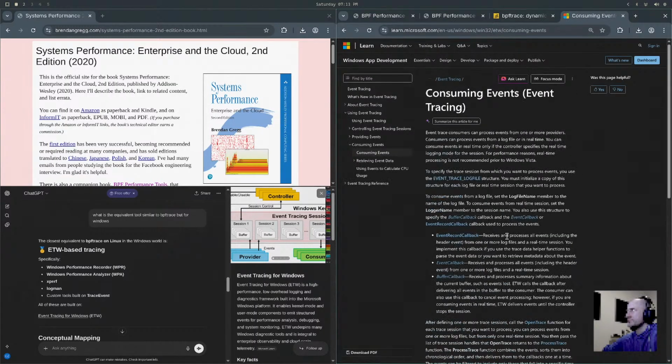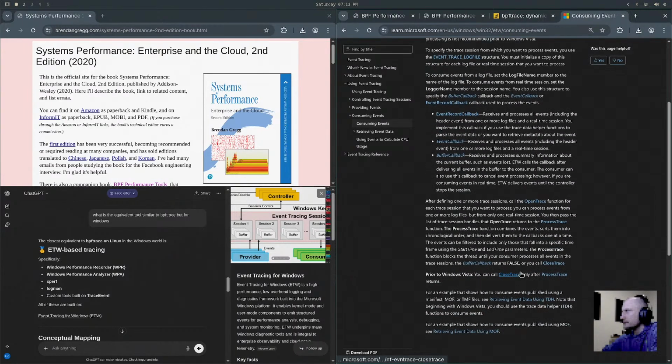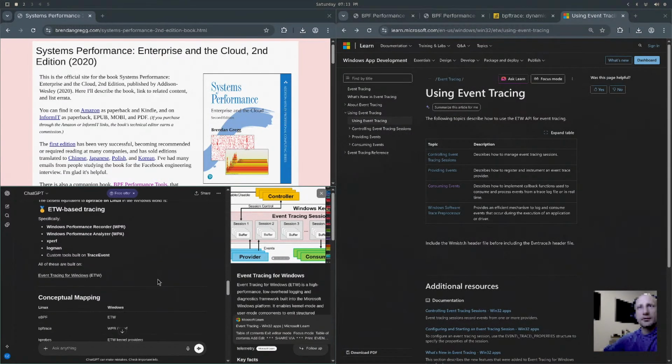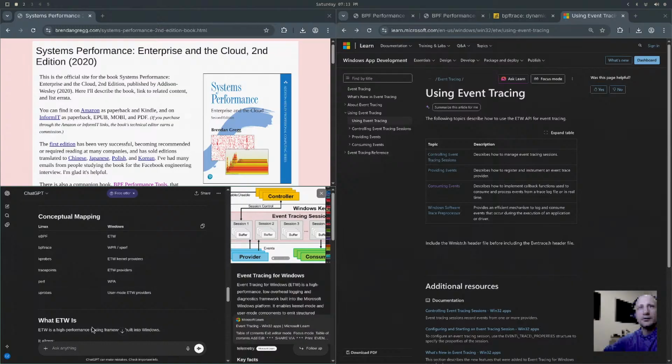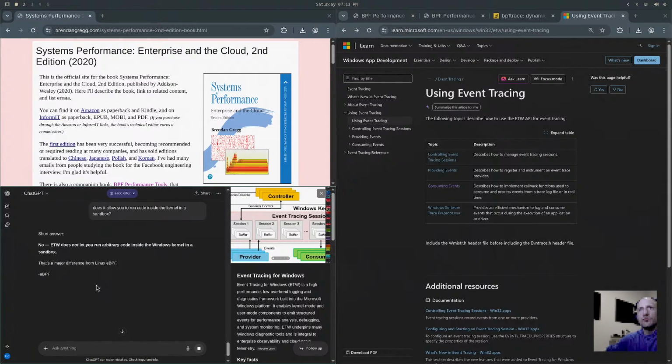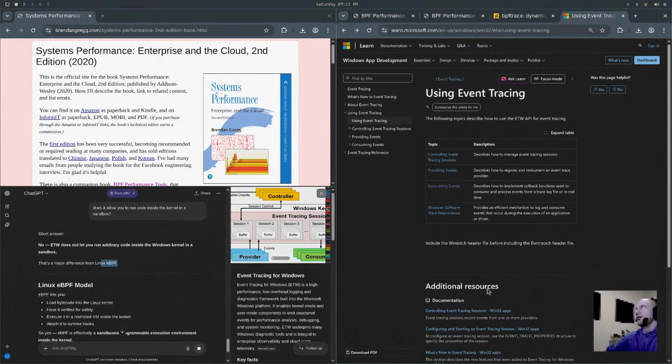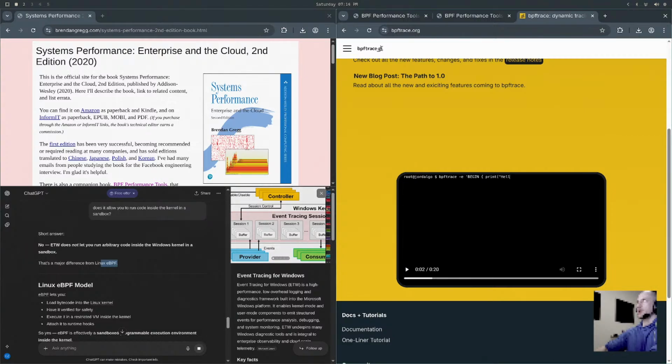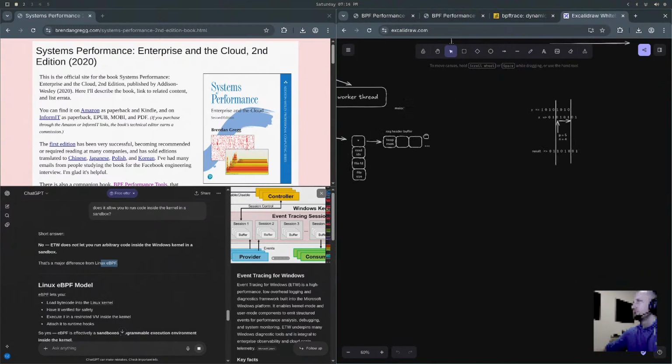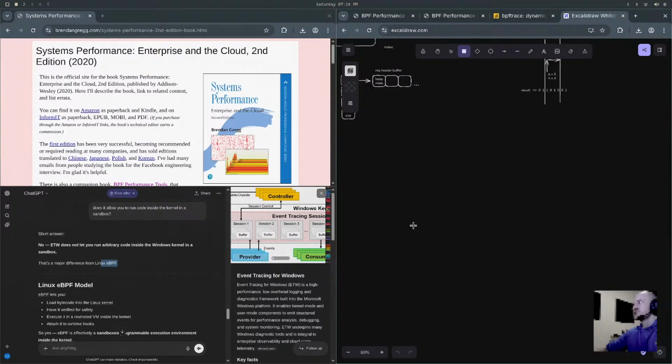Consuming events. Let's see, conceptual mapping. Does it allow you to run code inside the kernel in a sandbox? No. So while this might be an equivalent on Windows, one of the big advantages, let me bust out Excalidraw here. So one of the big advantages,